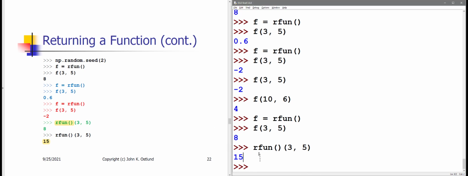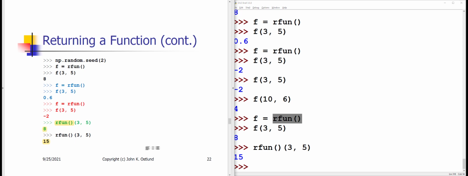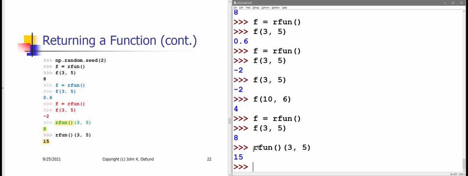I'm somewhat out of alignment here with my live screen versus slide 22 because here I called rfun, which did another random number generation, and that's why I got this 8 back from f that time. But now rfun is apparently returning the m, which is multiplying 3 and 5 to get 15. And each time I call rfun,